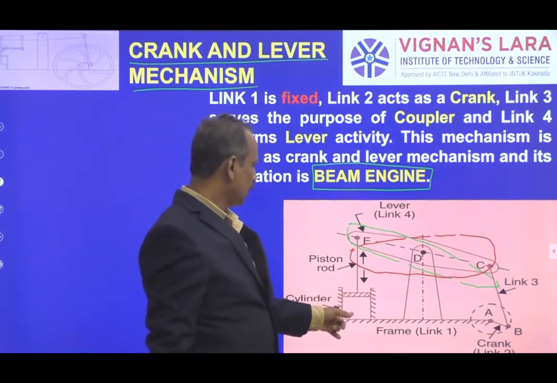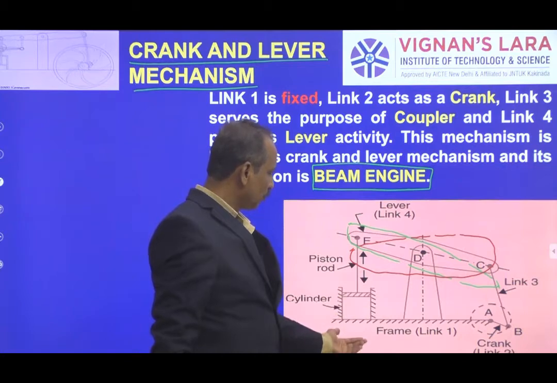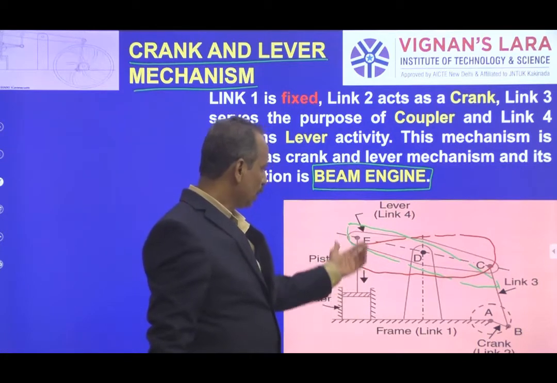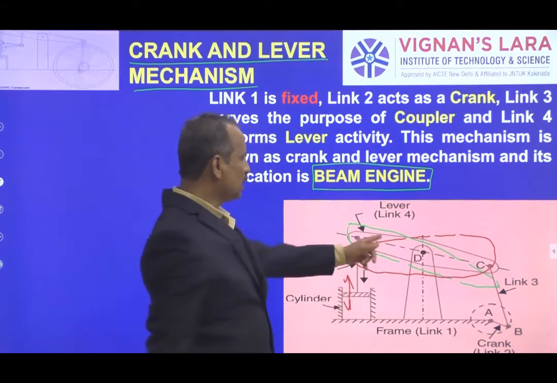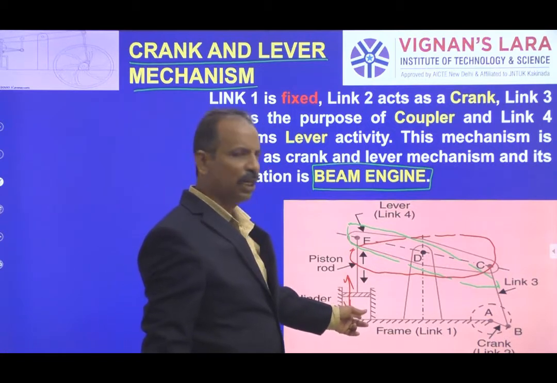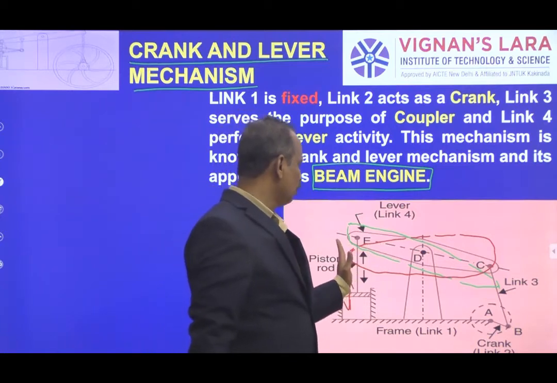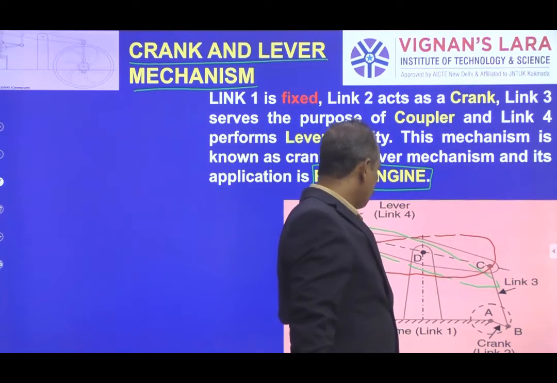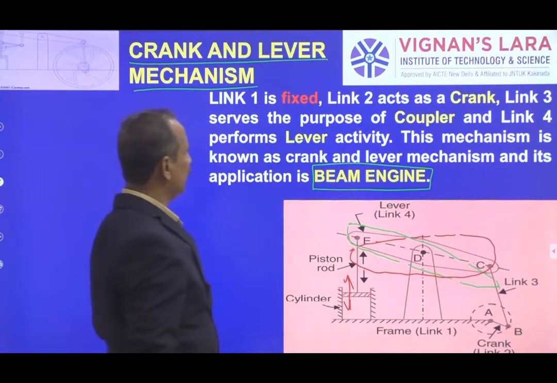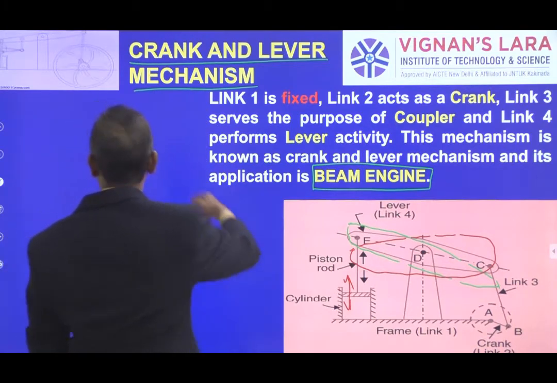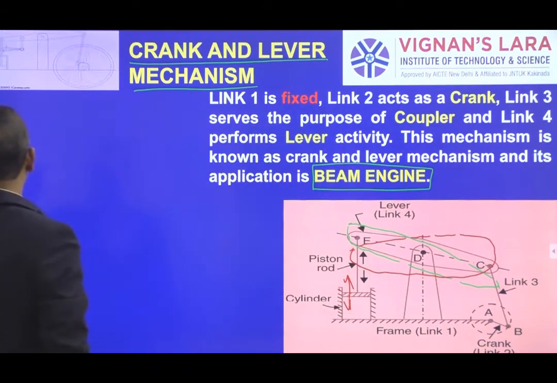connected to a piston in a cylinder, so it can do some positive work, since this is reciprocating. So the oscillatory motion is converted into reciprocating motion here with the help of another link. But our objective is to see the mechanism up to this point F only, isn't it? The same thing you can observe here in the animation. The complete animation is given on a separate slide.